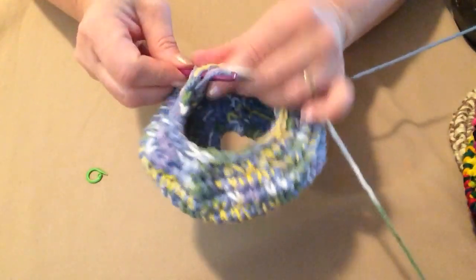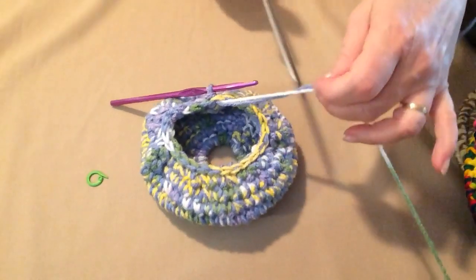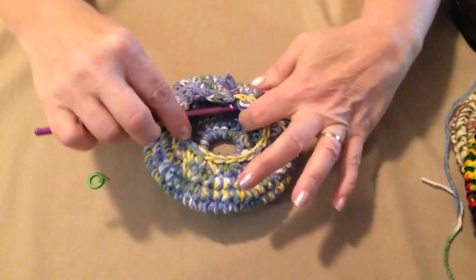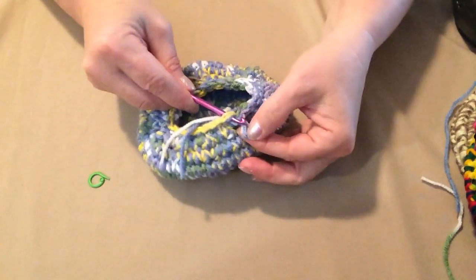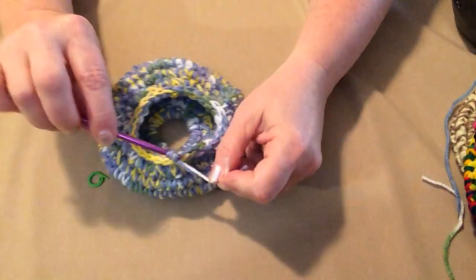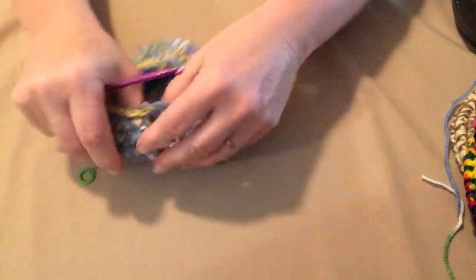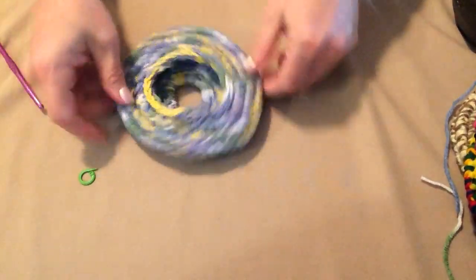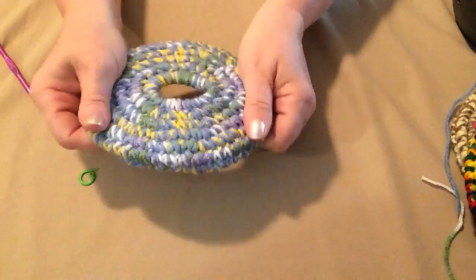Alright, so I'm back at my slip stitch. I'm going to pull that through like that. Go ahead and cut that off. Pull up my loop just a little. I'm going to go in the next stitch here. And I'm going to pull those loops to the inside and then tie off. And then I can weave that end in. I'm just going to stick it in there for now. And then you have to smash it down just a little. And that's how you make our fun